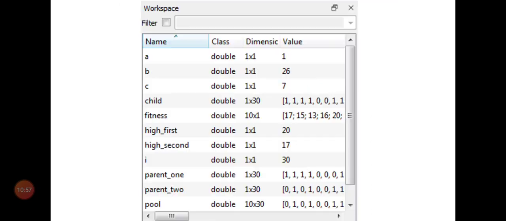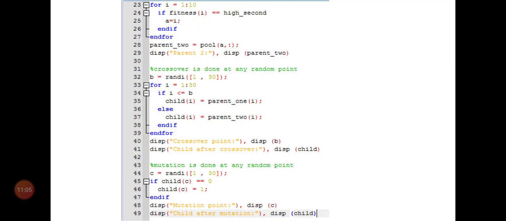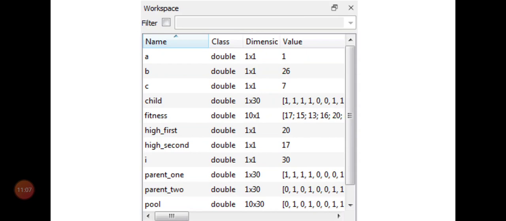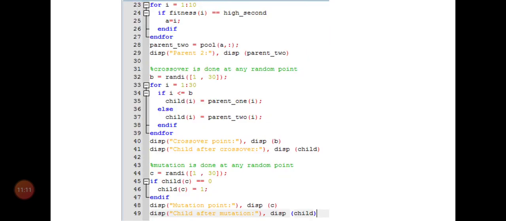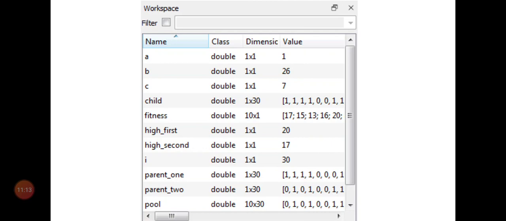So A's size will be 1 cross 1 and the value is one particular value. Then B, which we needed for the crossover point, so that is the crossover point value, and C, which is needed for the mutation point. So this is the C value. And just check A, B, C: the three values are integer values and the values are between 1 to 30.